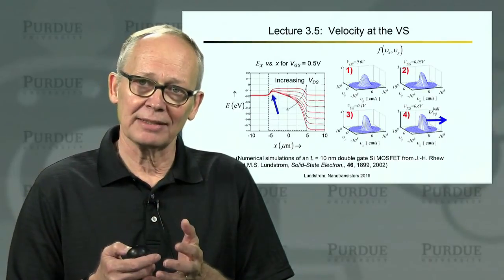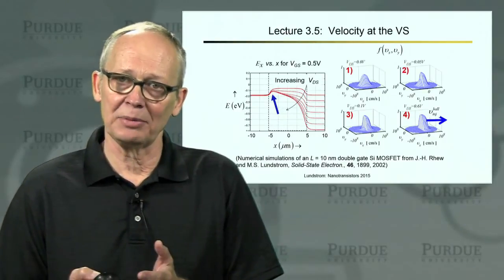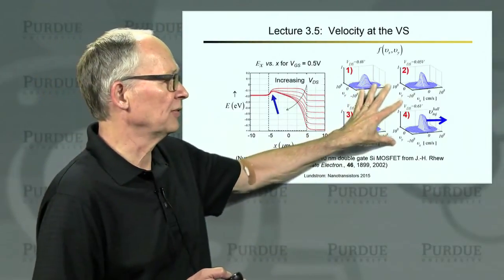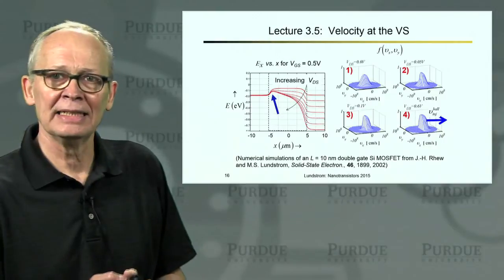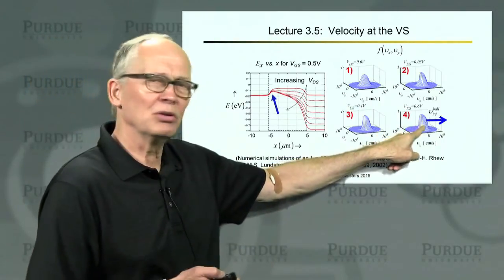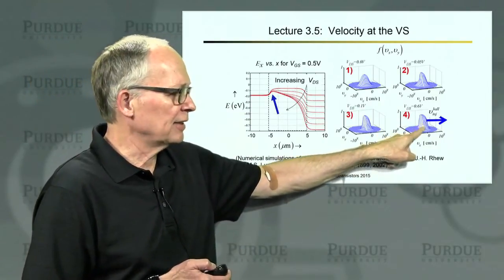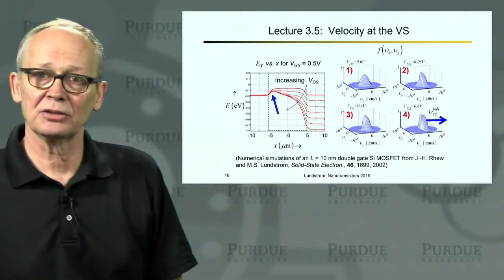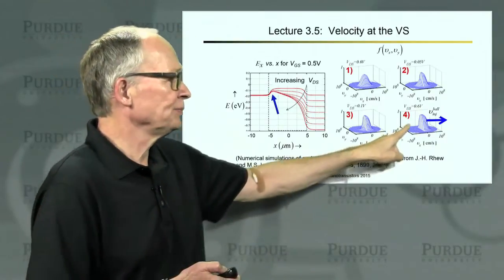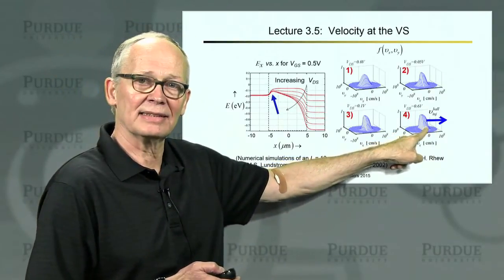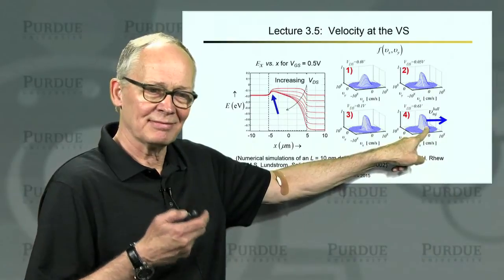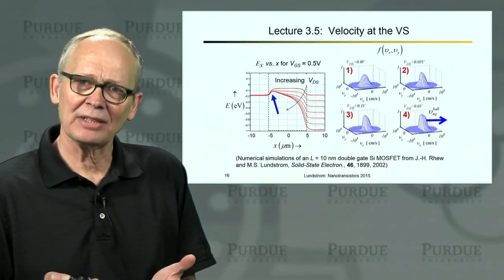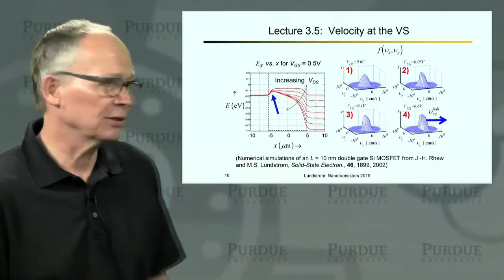The charge on the gate must be balanced by the charge at the top of the barrier. So the charge never changes, even though the distribution of velocities is changing drastically. Now, how can that be? Well, if you look carefully at this, you'll see that the positive half under high drain bias is larger than the positive half under low drain bias, because now all of the electrons with positive velocities have to match C inversion (Vg minus Vt). That's what MOS electrostatics tells us.